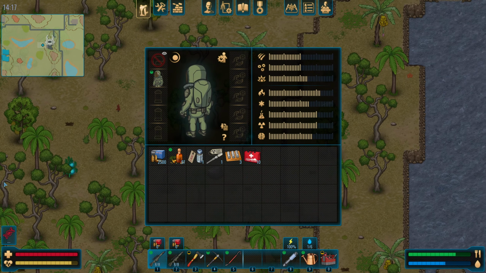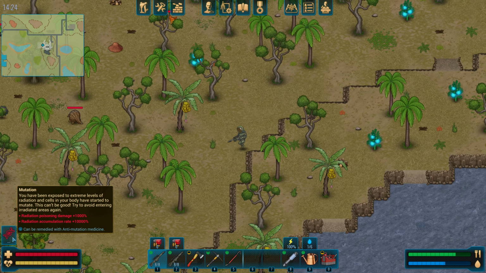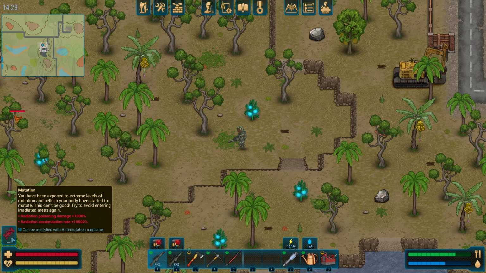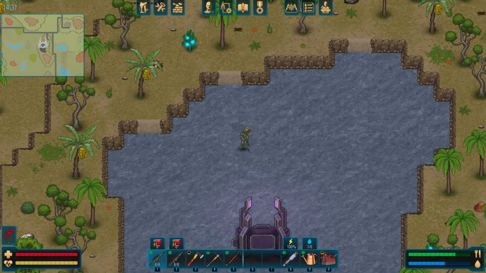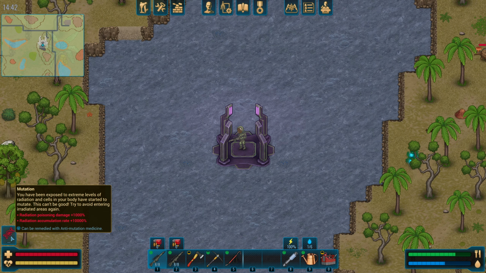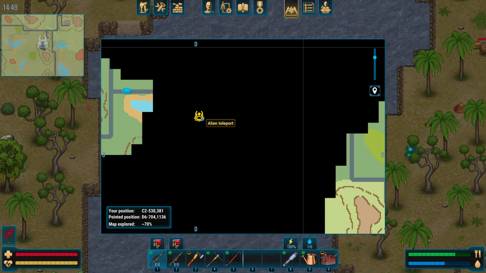And as you have probably noticed, we got the mutation trait, or let's say debuff. So we have been exposed to extreme levels of radiation because I died while trying to get the high-tech crate. It gives us radiation poisoning damage plus 1000% and radiation accumulation rate plus 10,000%. And you probably are wondering why there is a